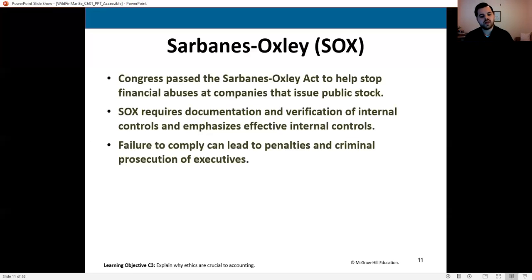Now, this also means that when your auditors come in at the end of the year, your auditors are going to have to actually verify these statements. So the way this looks in practice is whenever you're actually looking at an audit for a public company, there will be memos to the file on all of their different internal control policies. So when you look at a huge public company, say like Walmart, right? If you were to get a hold of their audit report, what you would probably find are hundreds, if not thousands, of pages of documentation detailing exactly how each internal control of that company works from the ground up.